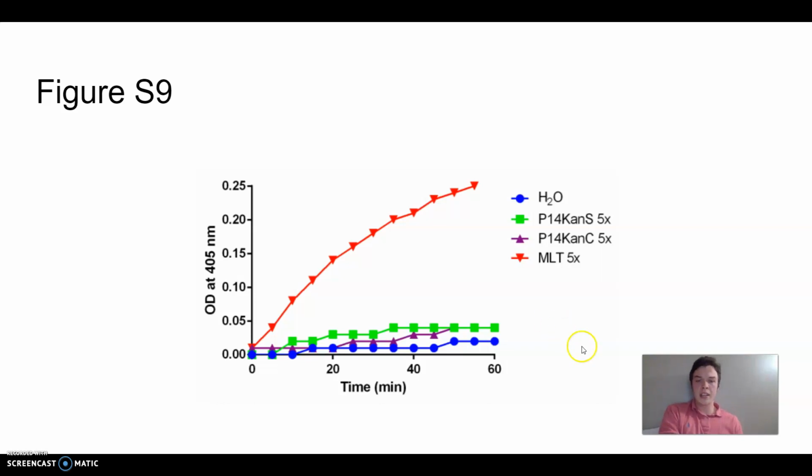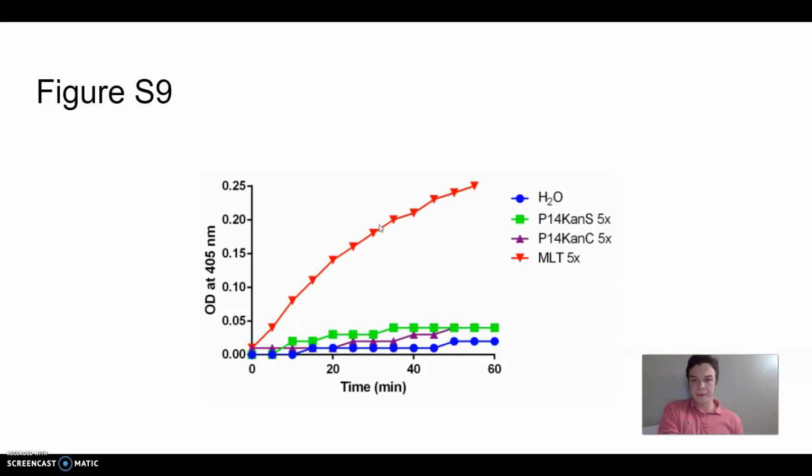So the blue line is the beta-galactosidase activity after E. coli was treated with water. The green was the beta-galactosidase activity after E. coli was treated with P14 CAN-S at 5 times its MIC. Purple was for the P14 CAN-C at 5 times its MIC, and then the red was the beta-galactosidase activity after E. coli was treated with melittin at 5 times its